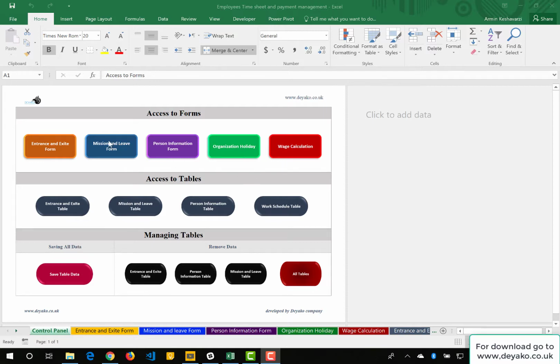the forms that are included in this Excel file, and also the tables that maintain the data of the Excel. Also, you can get a backup of the tables by using this button, and remove the data, for example the data of previous years or data that you don't need right now, by using these